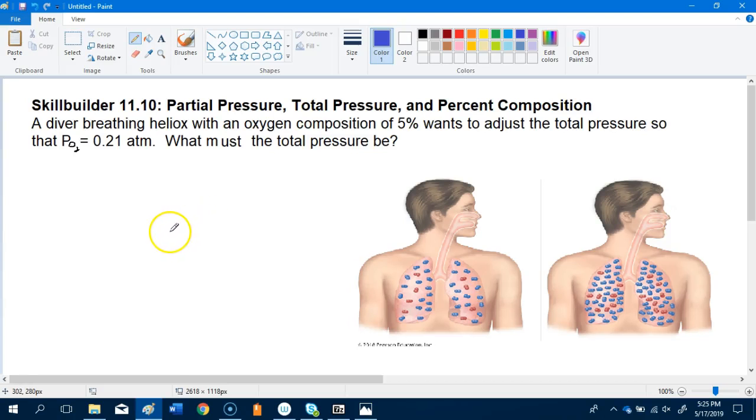Hi Chem Gang, in this video I'll be going over the walkthrough for Skill Builder 11.10, which involves partial pressure, total pressure, and percent composition. First of all, in section 11.9 in the text we learned that too much of a good thing can actually